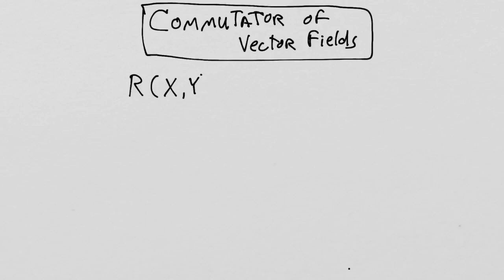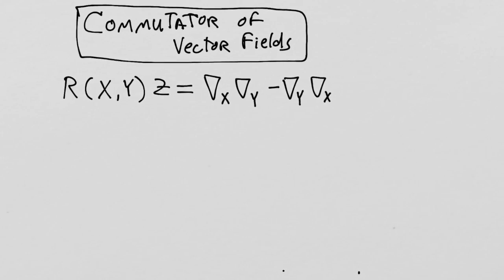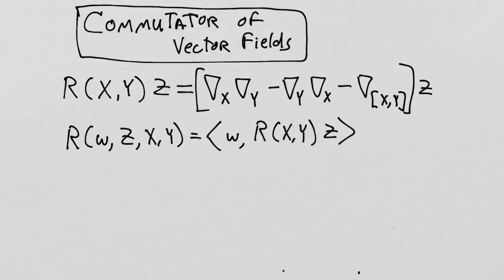We have this way, where we have created this mapping that takes two vector fields, operates on a third, and returns this vector field, which we see a commutator of two vector fields right here, and this certainly looks like something that's acting as a commutator as well. And then to turn this into the Riemann tensor, we write it in this form, where